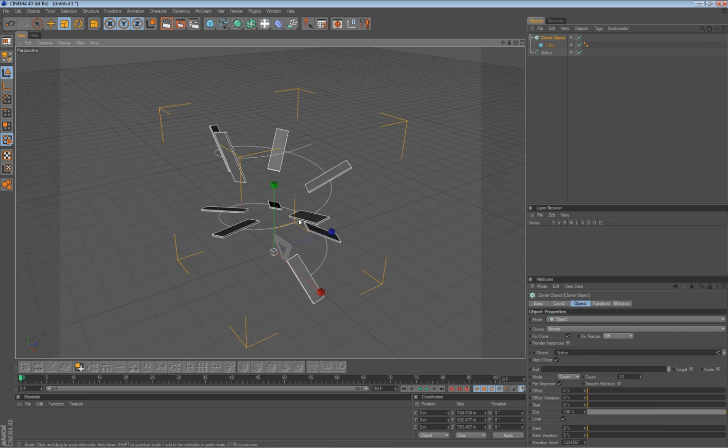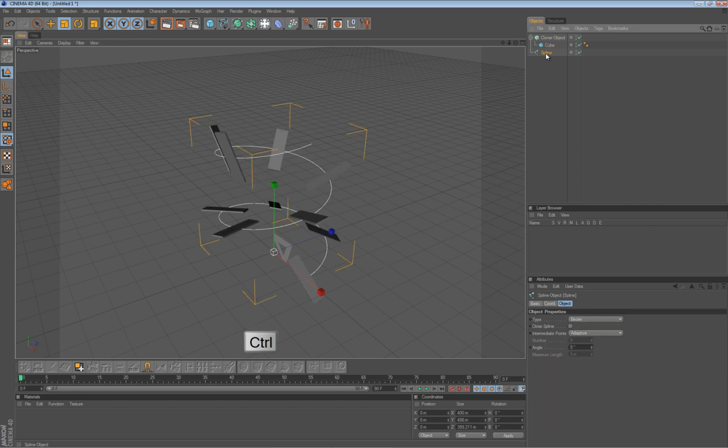And what I want to do now, I want to create a copy of this spline that I will use as a rail. Okay, and my clones will be looking at that rail. So let me hold down my control key and I will drag it down, and now I will have a copy of my spline. Let me just rename this, I just click the arrow down and rename this so I have an A and a B